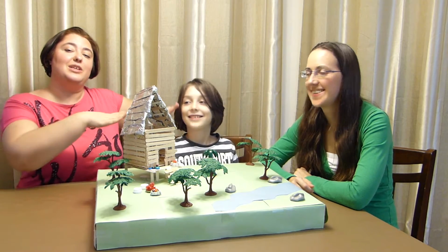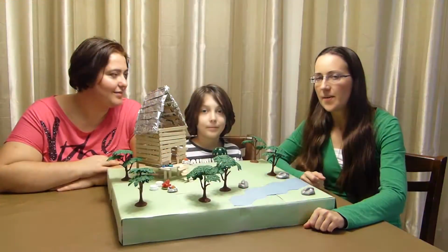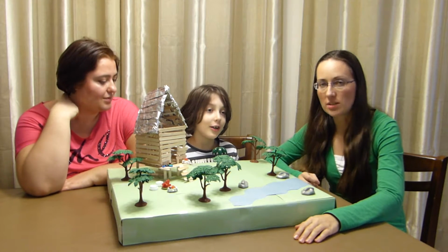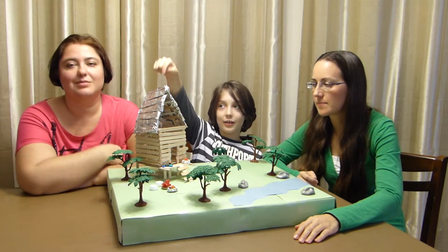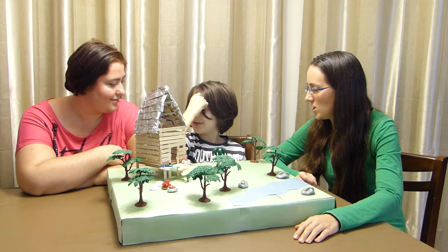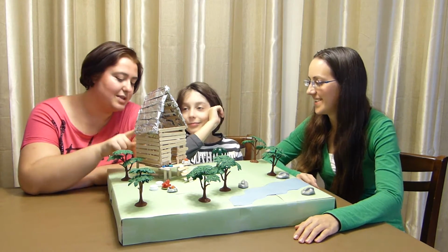So let's go into explaining what it is and how it works. Yes, this is his latest project about the shelter. It's called a kampong. This right here is called a kampong. Where is it originated from? What type of shelter is it? Malaysia, yeah. And what is special about this